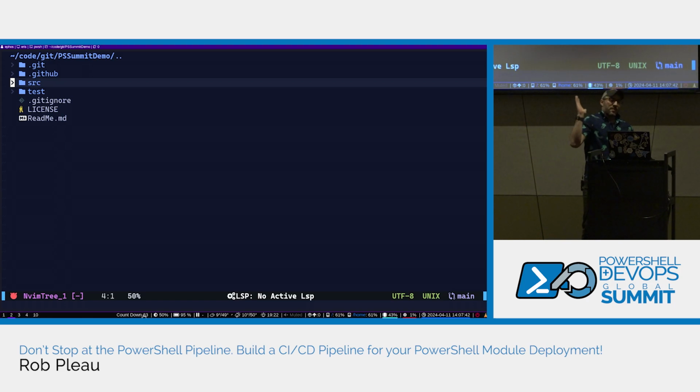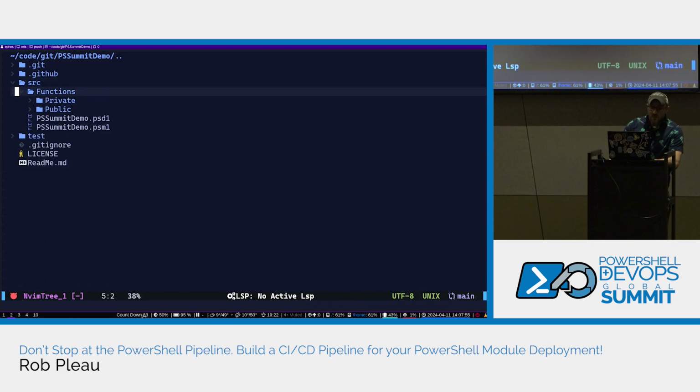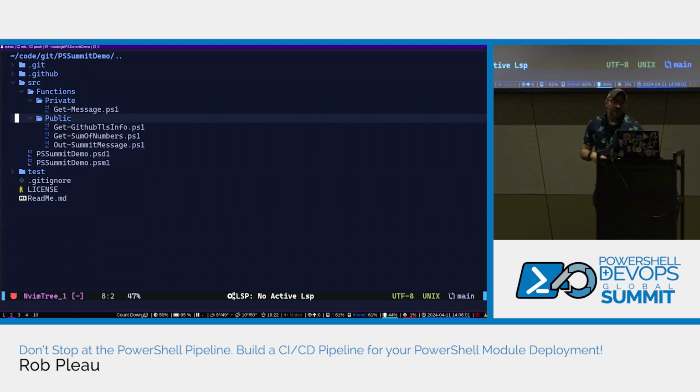And within it, we have .github, .git. We'll worry about those later. But the things I want to really call out are the SRC, the source directory, and the test, because this is really the crux of the whole module. Like I said, we have a few functions here. They're separated into private and public directories. And then if we take a look,